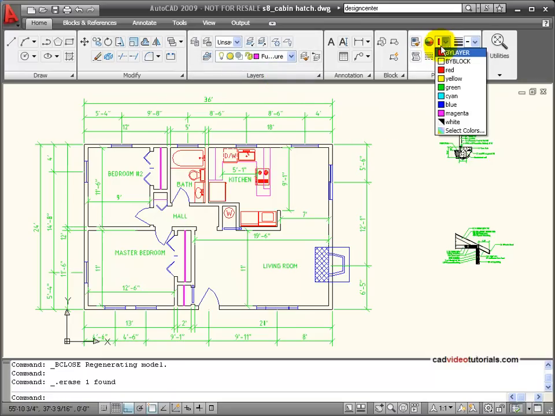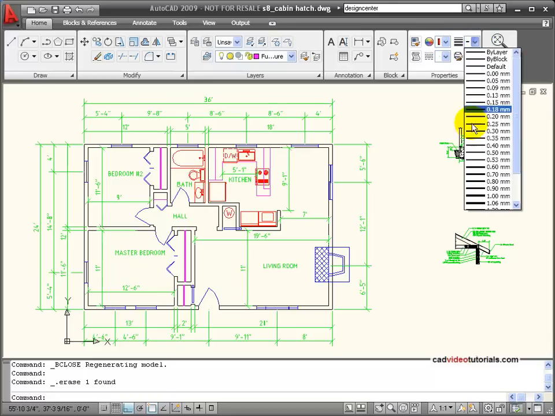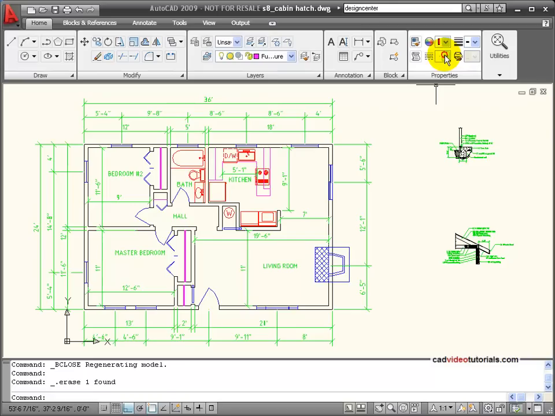But we're going to change the active properties of the drawing itself, and I'm going to say that I want the active color property to be red. I want my line weight to be 0.6 millimeters, and in this case we're going to make this a hidden line so that we can see the effect. Now if I've done this correctly,